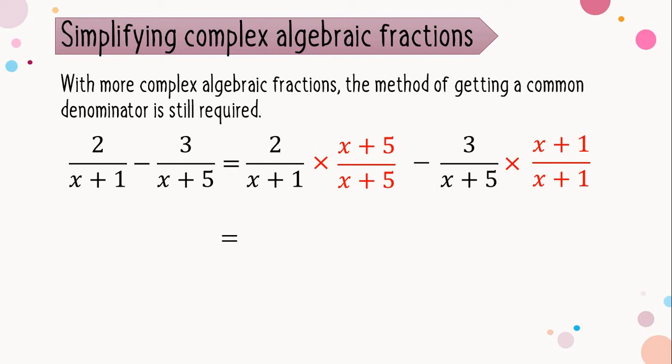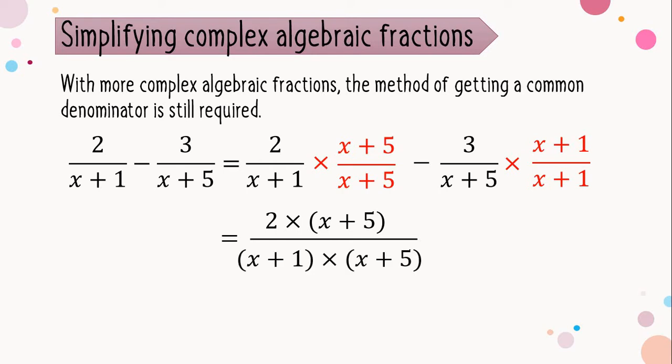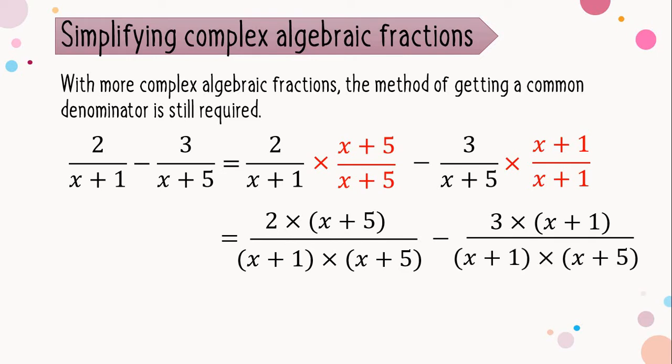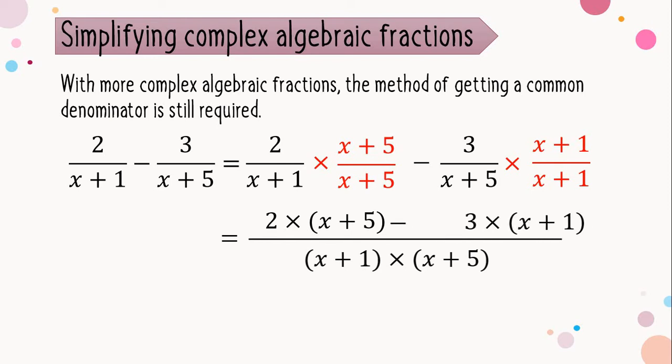So we will write 2 multiplied by x plus 5 over x plus 1 times x plus 5. Do we need to expand this one? Up to this part, no need. And then we subtract 3 times x plus 1 over x plus 1 times x plus 5. Miss, but this one is x plus 5 first. It's okay because this is multiplication, we can switch the position. I just made it the same as the first fraction. And then both fractions already have the same denominator, so we can make one fraction like this. We combine it,